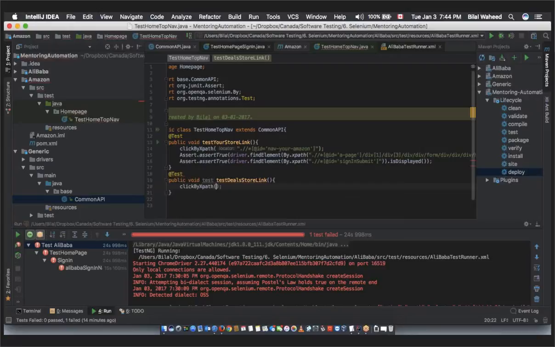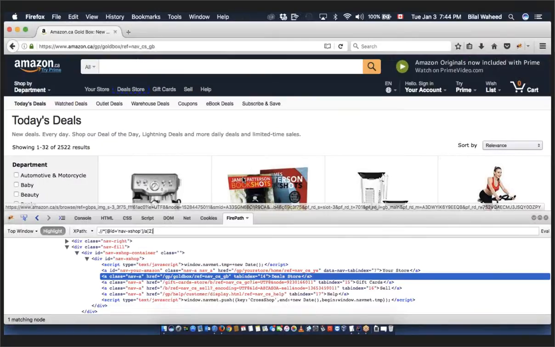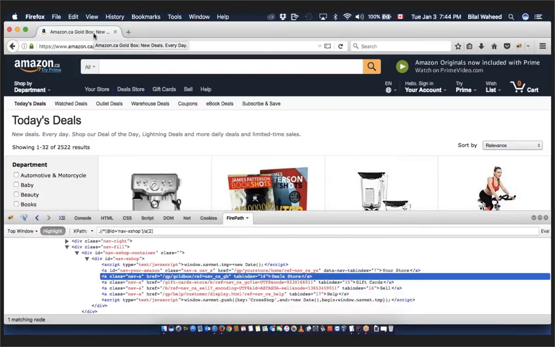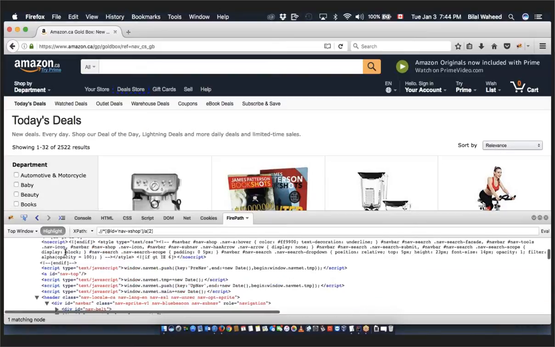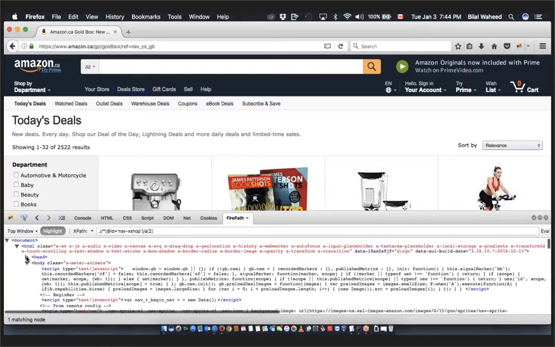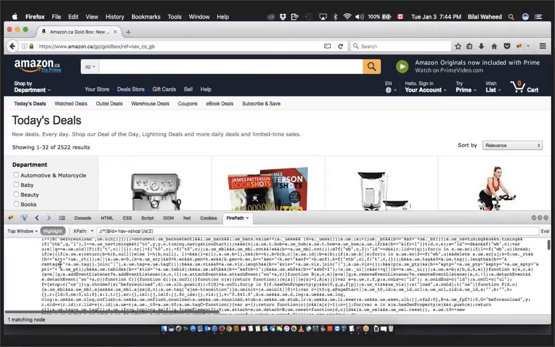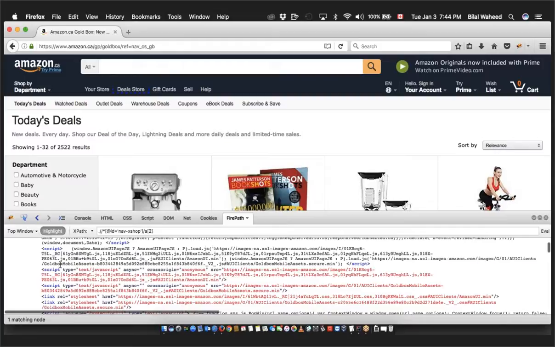So click by XPath. What do you want to click? You want to just click this. That's it. It's that simple. So after you click this one, what you want to do is check if it is taking you to the deal store. Again, there are a number of ways. I'm just gonna make sure that we're on that page by another method. What method? By checking if